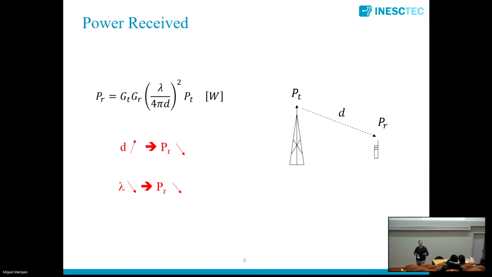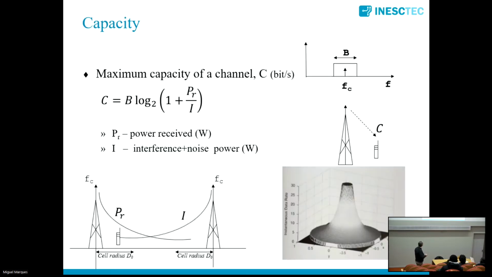And for very high frequencies, we are going to be in a situation which is similar to light. So, you know, if I have a lamp here or a light, the light emitted cannot traverse, for instance, walls. That will be almost the same. So the higher the frequency, the smaller will be the radius of the cell, and the more difficult it will be for these signals to traverse obstacles or shadows.